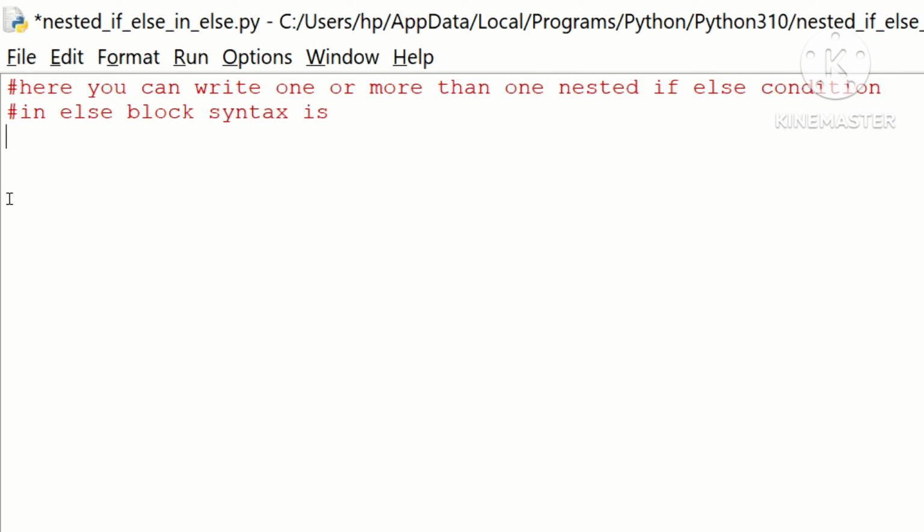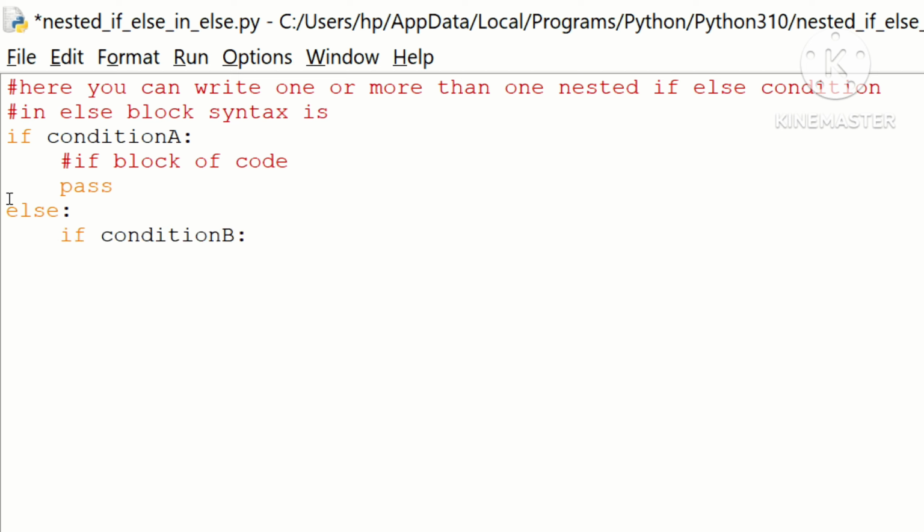Syntax is if space condition a colon, press enter, it automatically takes indentation, hash if block of code, press enter, else colon, press enter, it automatically takes indentation, if space condition b colon, press enter, it automatically takes indentation, hash first nested if block of code, press enter, it automatically takes indentation, pass, press enter, else colon, press enter,